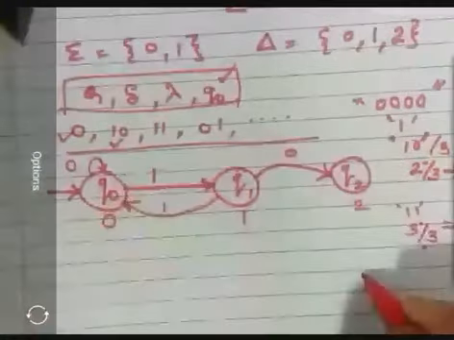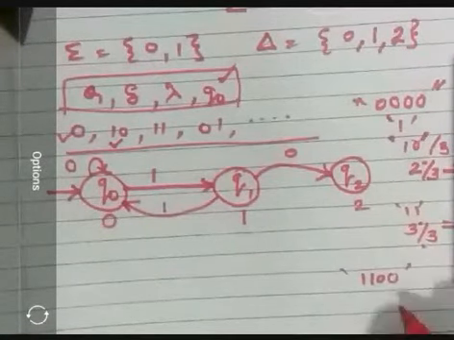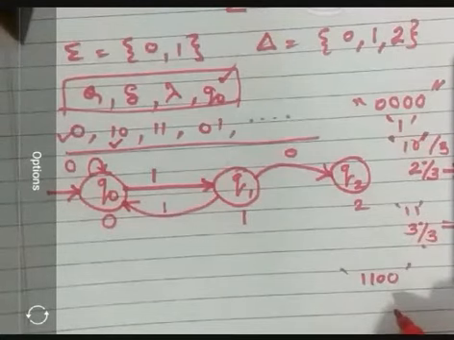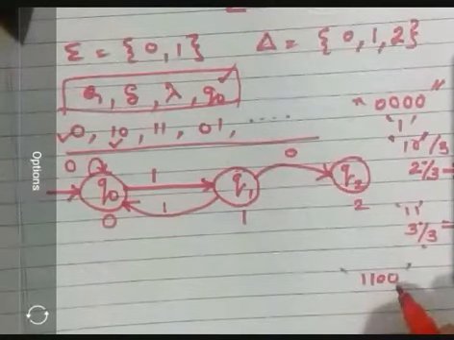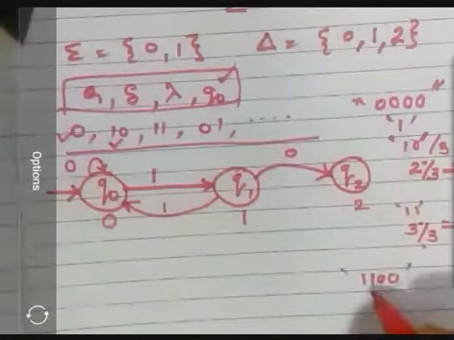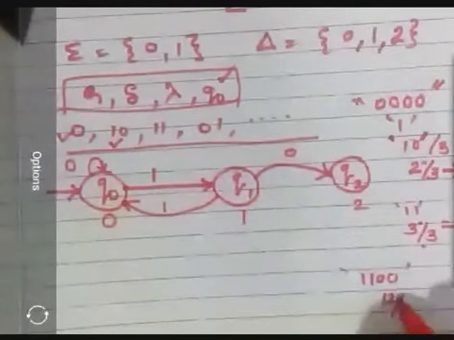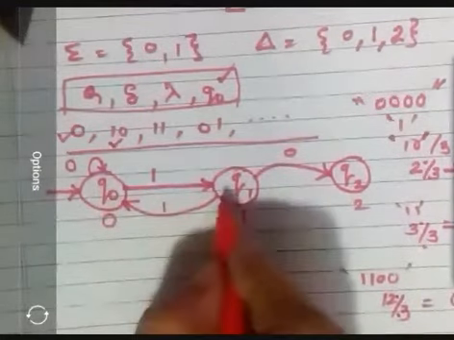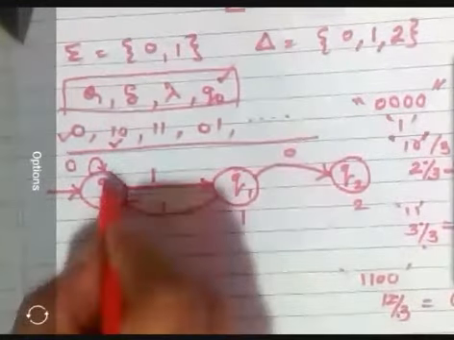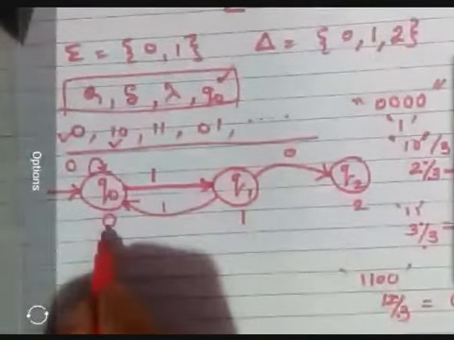So suppose I am having a number like this, 1, 1, 0, 0. What does this mean? What is the value? Is it 8 plus 4, 12? Right? So it is nothing but 12 divided by 3. So 12 modulo 3 will be giving me 0 value. So it is satisfying 1, 1, 0, 0. It is remaining in the Q0 state. That means my remainder is 0 and it is satisfying.